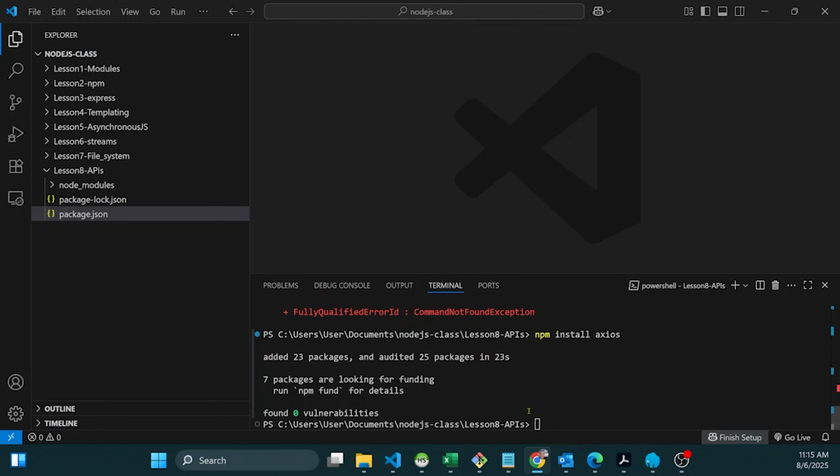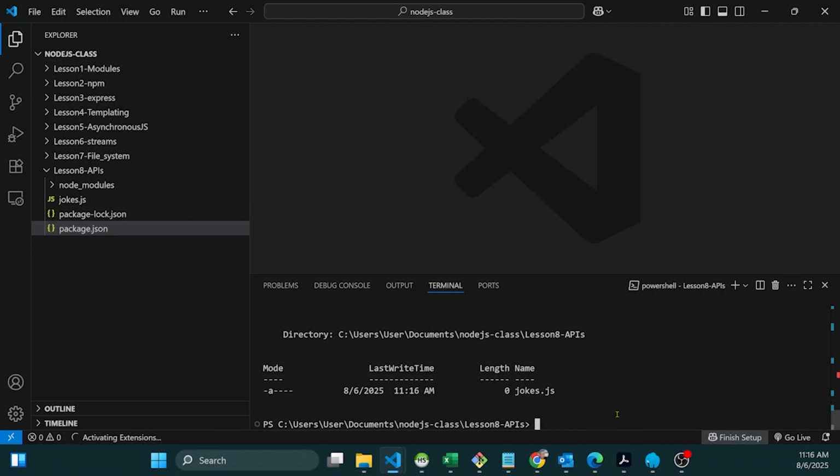We've already installed Axios and Chalk, so just make sure that they are installed. If not, you can just run npm install axios chalk in your terminal. Then we need to write the joke fetcher. This project will combine our knowledge of npm packages and async await. Now we'll create a new file called jokes.js. Now in this file,